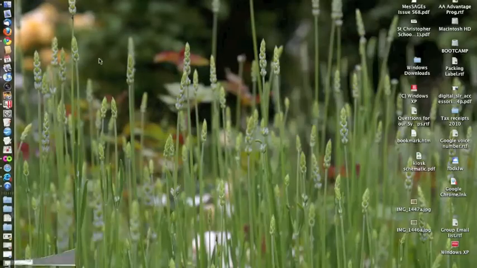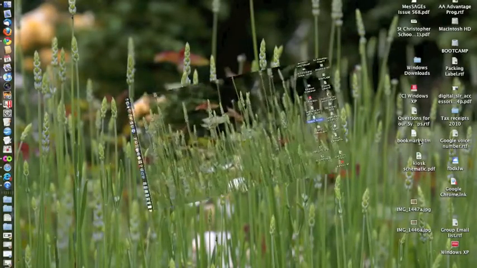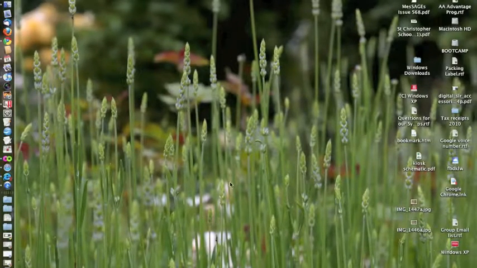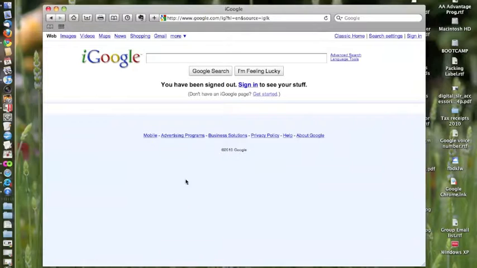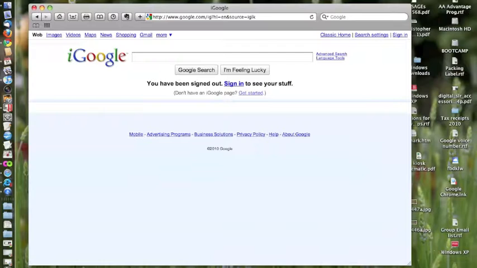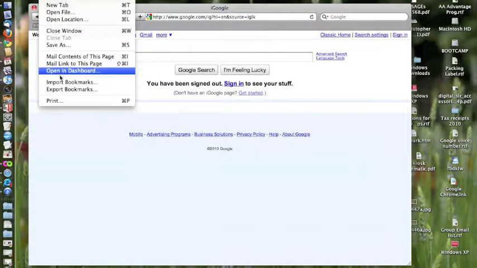And I'll just show you here the bookmarks.html file is there. Now I'm going to open Safari, which is a browser I really don't use, so I probably shouldn't have much of anything loaded in it. And I want to import those favorites and get those done. So I go to Import Bookmarks,